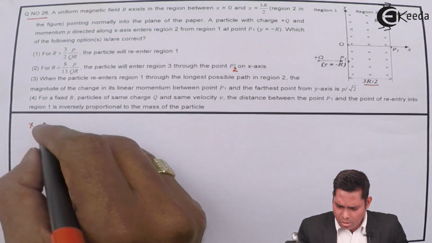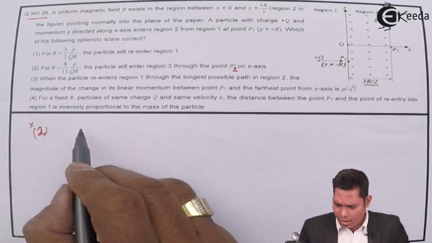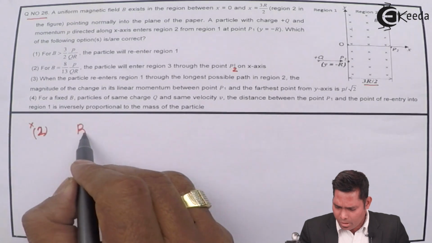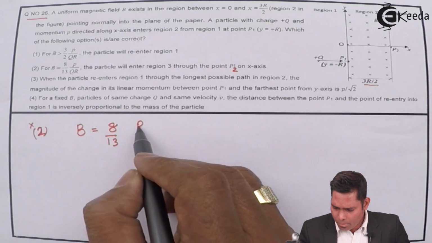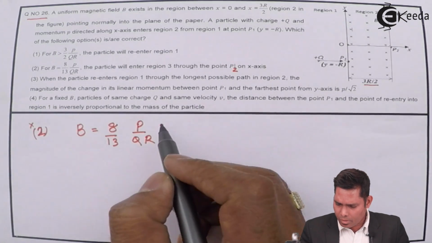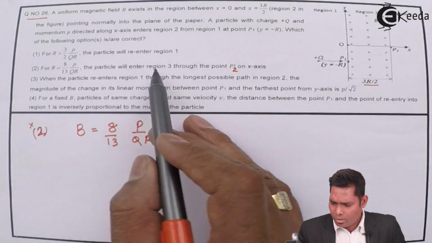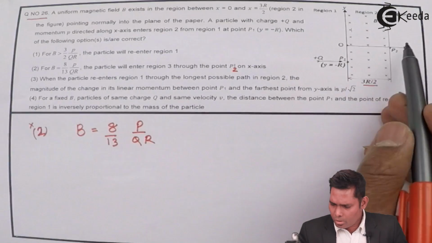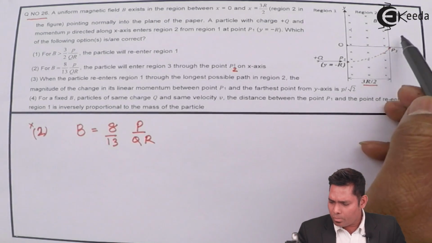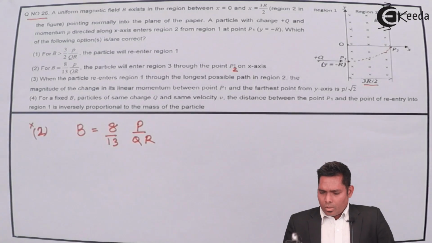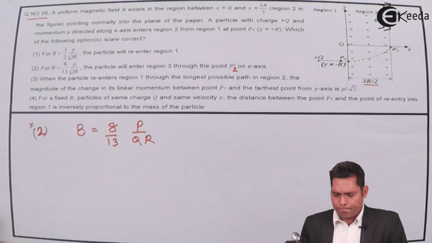First, let us go for the second option, that is option number 2, which says that B should be equal to 8/13 times P divided by QR. If B is this value, then only the particle will enter region number 3 through this point. So it has to enter, it will go like that and it will move like that. So to solve this, let us consider,